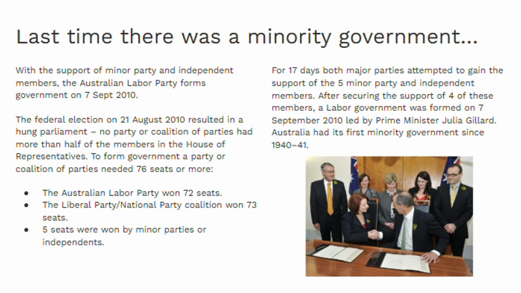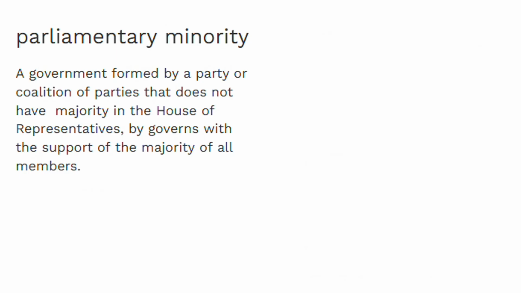For 17 days, both major parties attempted to gain the support of the 5 minor parties or independents, but after negotiations, the support of 4 of these members was gained by the Labor Party, so they formed the first minority government that Australia has had since 1940, which is a while ago. A parliamentary minority is when a government formed by a party or coalition of parties does not have a majority within the House of Representatives, but governs with the support of other members. That's the support that was gained. So why that's important